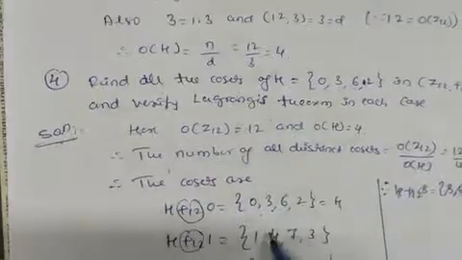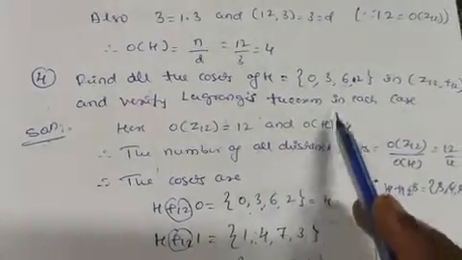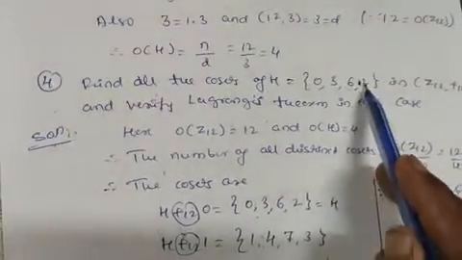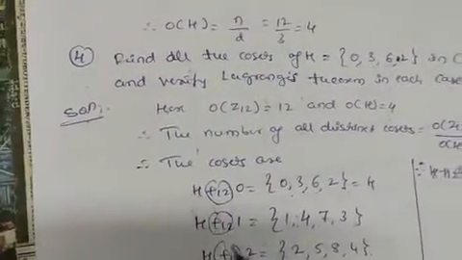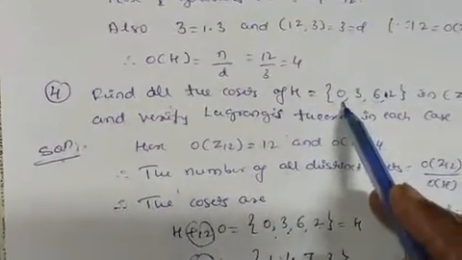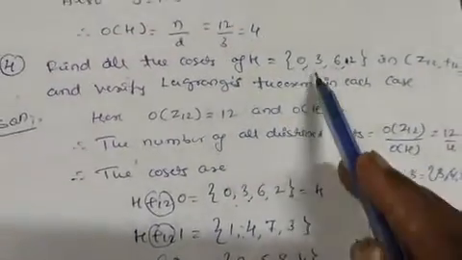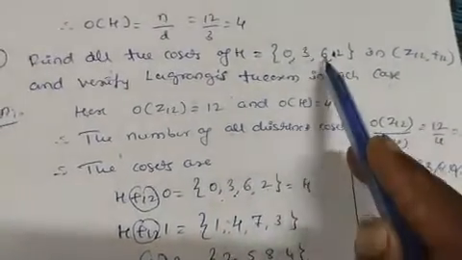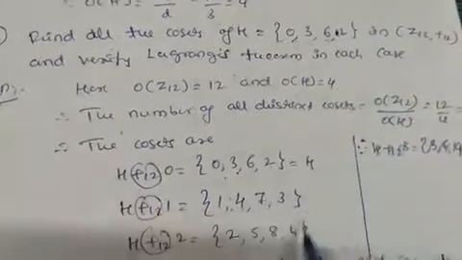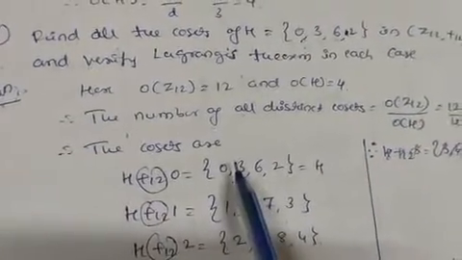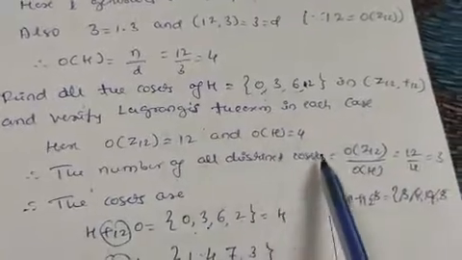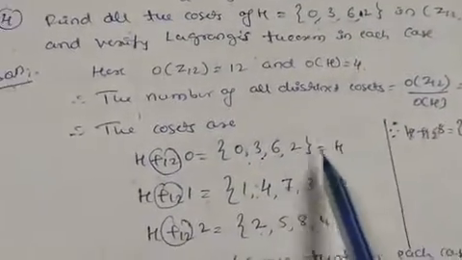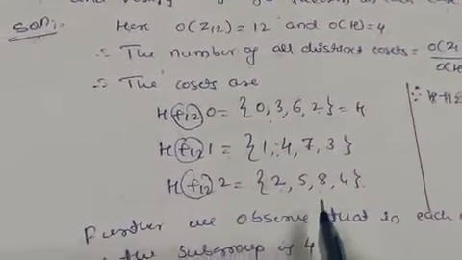0 plus 1 is 1 and 3 plus 1 is 4, 6 plus 1 is 7, 2 plus 1 is 3. So H under addition mod 12, 2. Let us add 2 to each term here. 0 plus 2 is 2, 3 plus 2 is 5, 6 plus 2 is 8 and 2 plus 2 is 4. So how many are there here? It is equal to 3, no? These are the only 3 distinct cosets here.